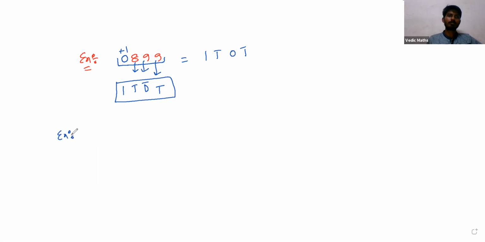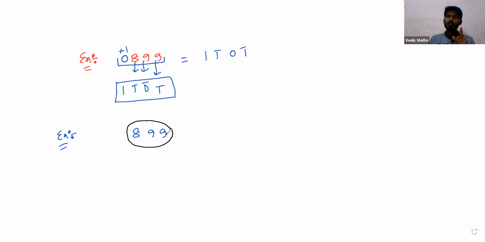Let us talk about specific condition examples. Suppose the same question, 899, with a specific condition. That condition is given by the examiner. Suppose the question is to convert this number into a 3-digit Vinculum number.